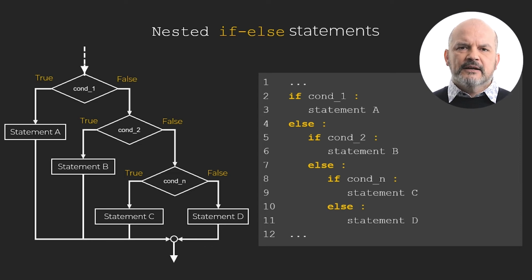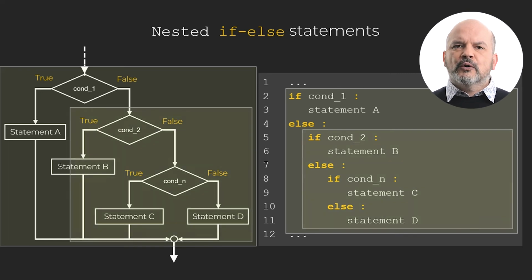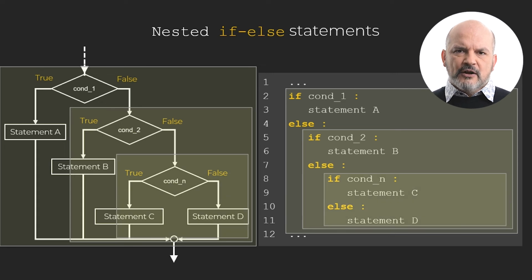In this case, we need 3 nested conditional statements. The first outer one is to test condition 1. The second nested if is in the else clause, and tests if condition 2 is true. And finally, the third nested if to check condition N is again in the else of the second if